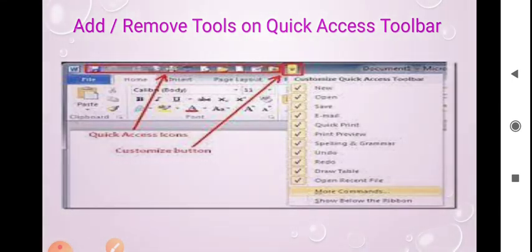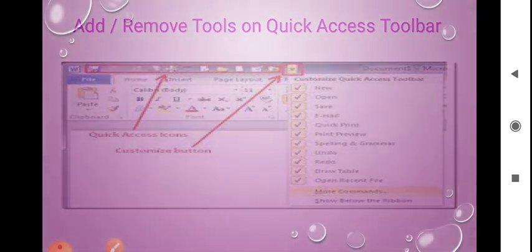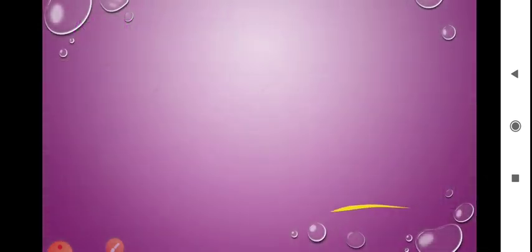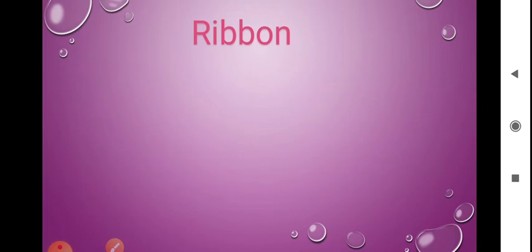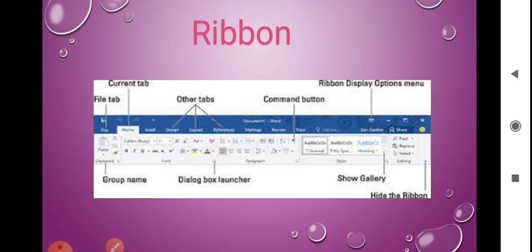Next is your ribbon. Now what is the ribbon? Ribbon means not a thread or anything like that. See what the ribbon is in MS Word. Ribbon means this, where File, Home, Insert, Page Layout and so on are written.